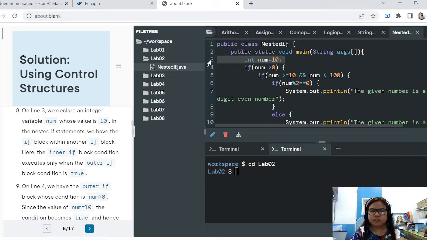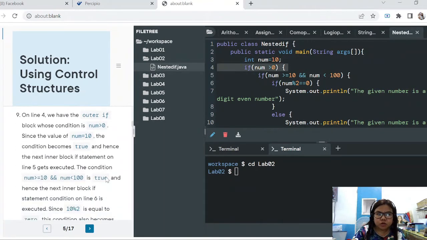In the nested if statement, we have the if block within another if block. Here, the inner if block condition executes only when the outer if block condition is true. On line 4, we have the outer if block whose condition is num is greater than 0. Since the value of number is 10, the condition becomes true and hence the next inner if block statement on